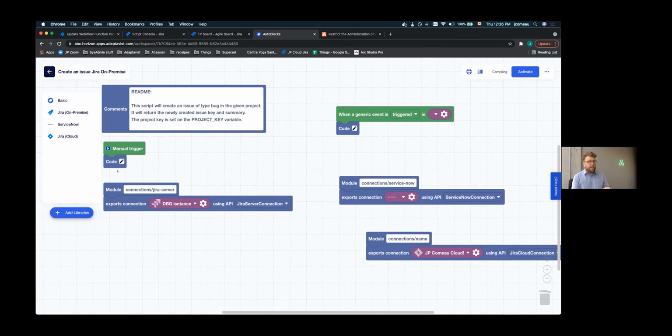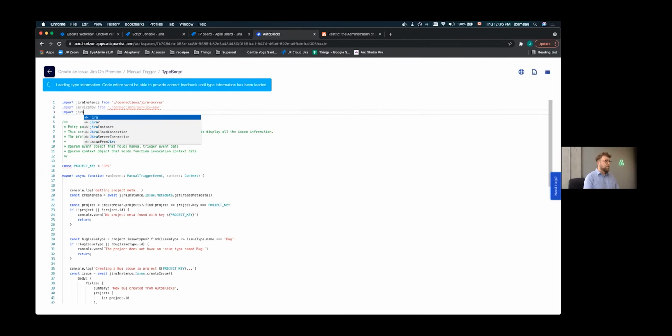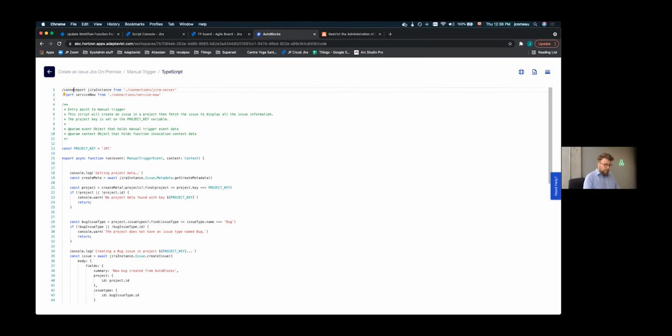Once I've built these connections, what I can do is I can go into my code. These are manual triggers, but we also have listeners. So they listen for events that happen. I can go into my code and I can start referencing all these different services. So I can import Jira Cloud from connections. And then,